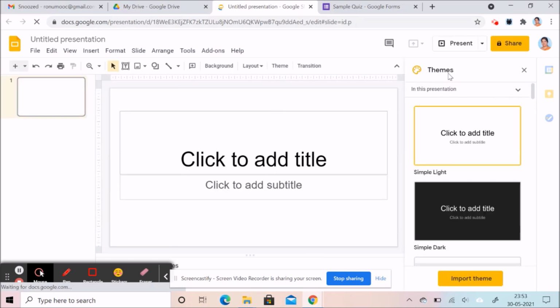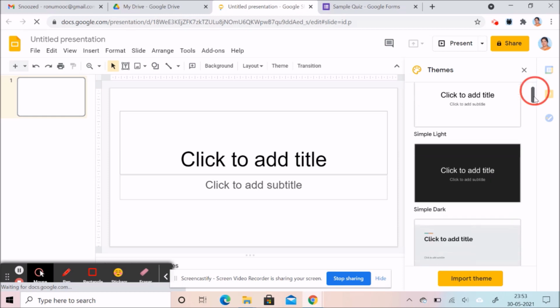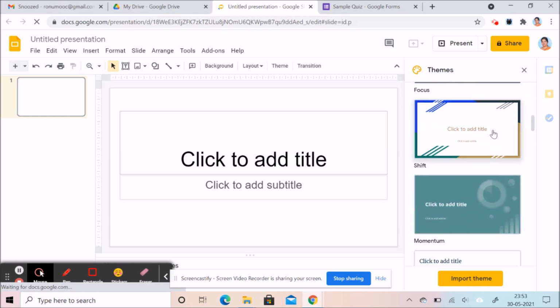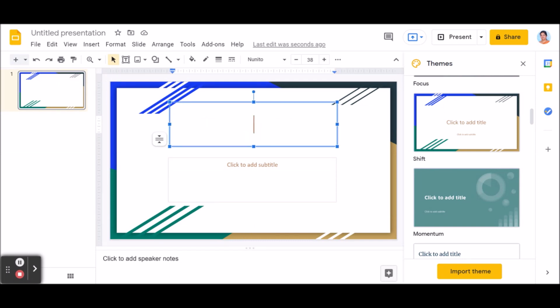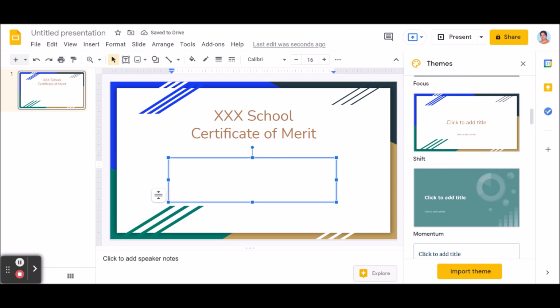Here there will be certain themes available. So I am going to select a theme from the already available ones. So let us make a certificate with this template. Here you can type in all the details that you want in your certificate. Now, if you want a more customized one, you can ask somebody to design a certificate for you, and you can save it as an image and insert that image here, and you can insert text boxes for